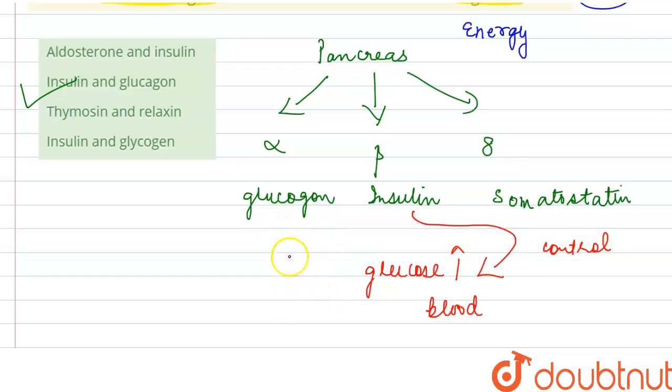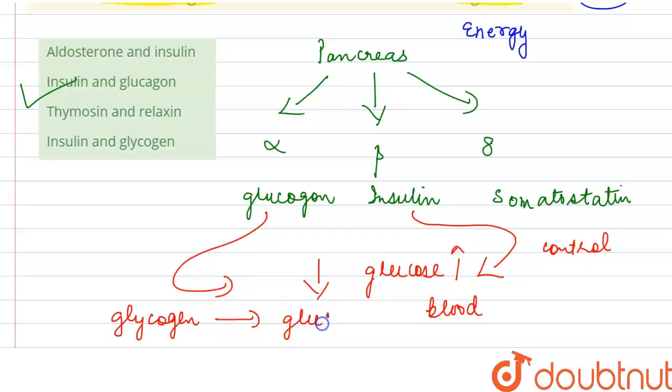And glucagon: whenever the glucose level has lowered and the body is not having the needed amount of glucose, glucagon will be secreted by the alpha cells, so that the stored glycogen, the stored form of glucose, can be broken down again into glucose. This glucose is released into the blood, maintaining the normal level of glucose required by the body to maintain its functioning. So this is how they work.